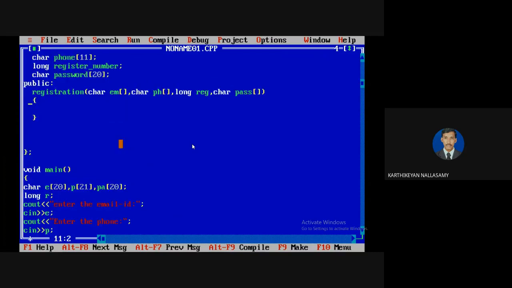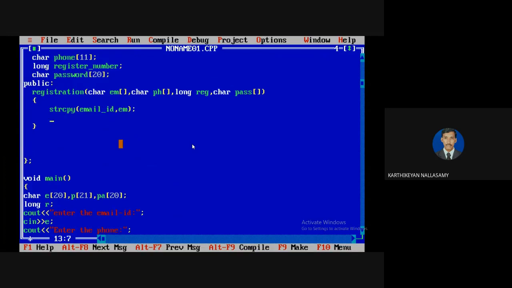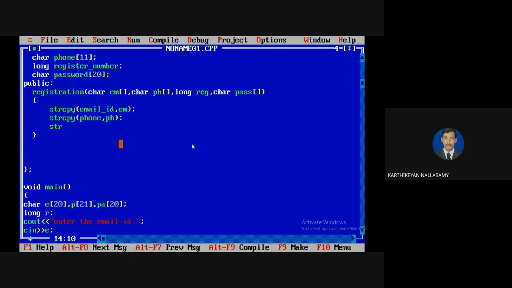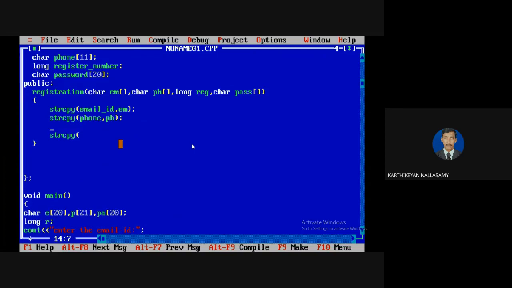Now I'm passing these values. Here I didn't do anything, I just need to copy, so I need to use string copy. If you write destination comma source, I need to copy the email ID from EM, because the name of your formal parameter is EM. I need to copy the phone number from PH, because I need to copy from the parameters, string copy. The third one is an integer, and for an integer the equal operator is enough.